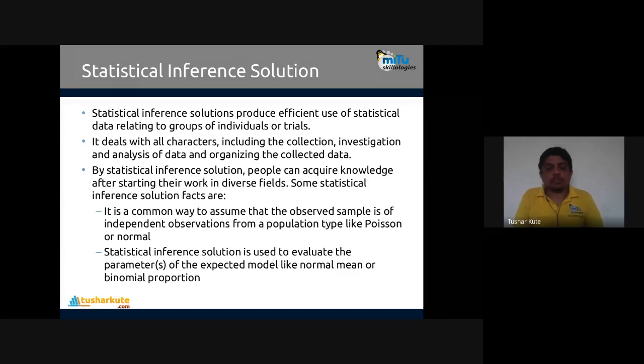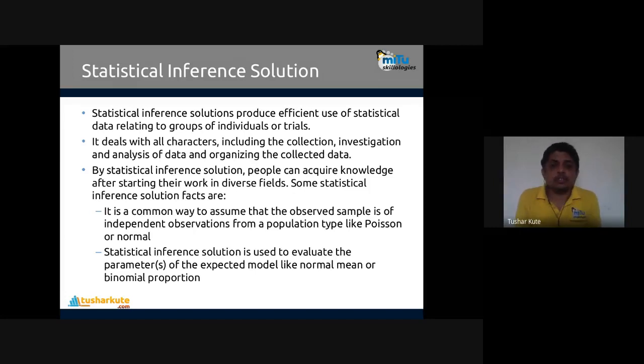So this amount of money is invested here, this is what we are incurring, the plus minus point that we can have, and then we'll find some final solution based on it. Remember, statistics is a part of human generated ideas. How we decide, exactly the same way statistical inference also decides. Now see, some statistical inference solution facts.